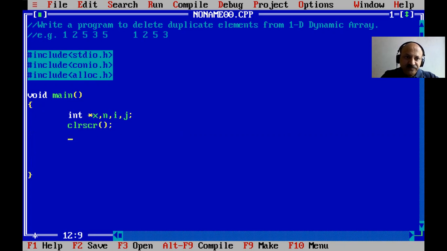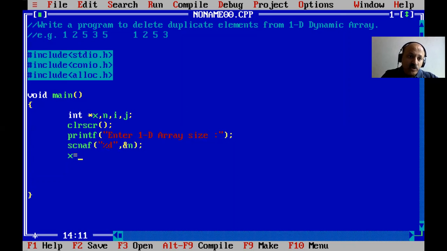So first step, we scan the array size. We print: enter 1D, one dimensional array size. So that is percentage d, and we scan n, with ampersand n.